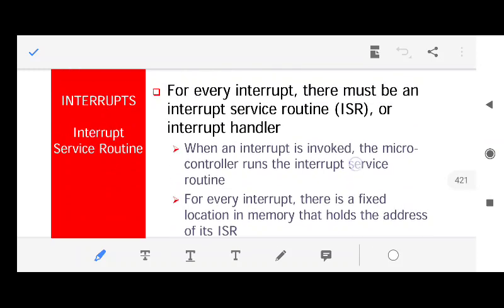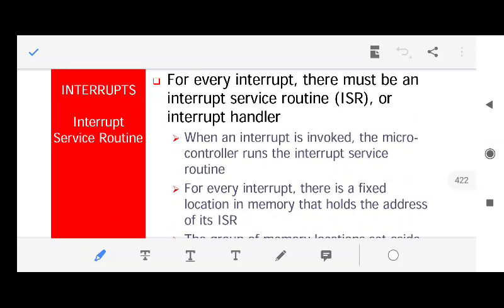You should know this. Now, what happens when an interrupt takes place in the 8051? Whenever an interrupt takes place, the 8051 has to take some steps for servicing that interrupt, and the steps mean it has to execute some special program. So inside the memory of the 8051, some programs are already written, and those programs will execute only when an interrupt takes place.